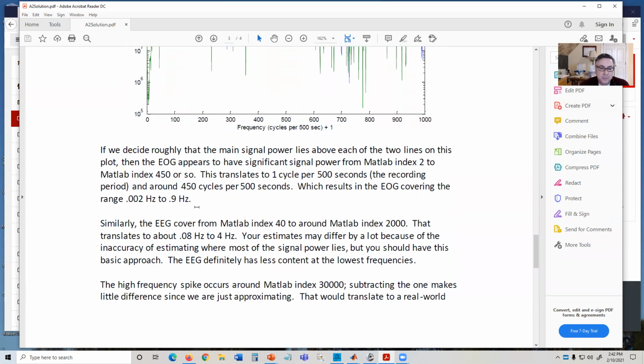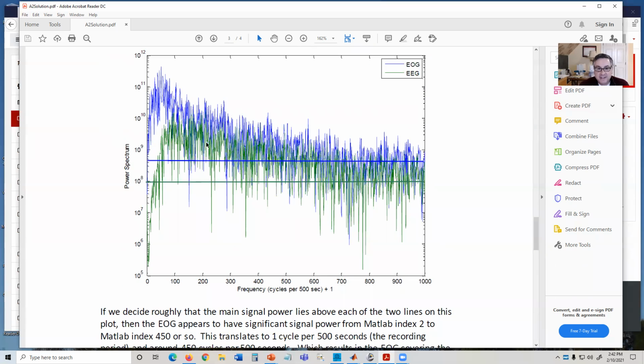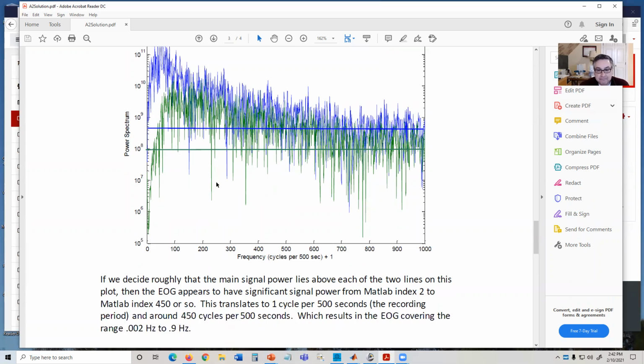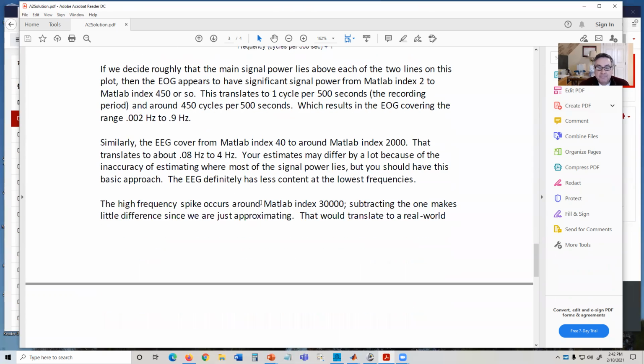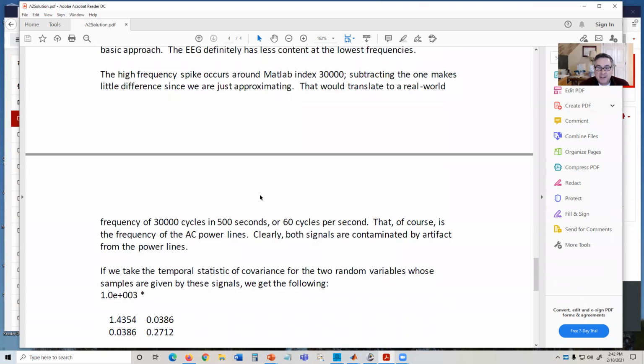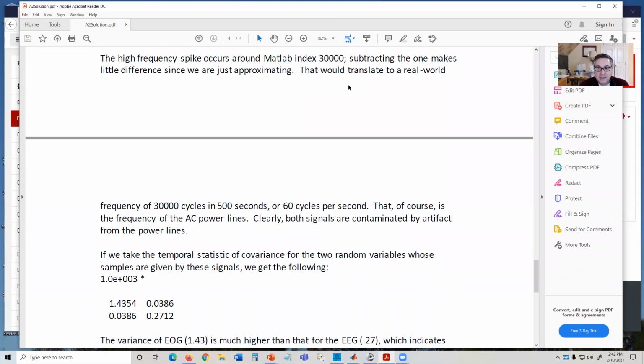You will probably get different numbers than me, but again, it's just a matter of, did you approach it appropriately? If you didn't look at this low end of the scale, then you might be missing some of the detail there. Okay. There's that high frequency spike, which turns out to be, if you do the right conversion,